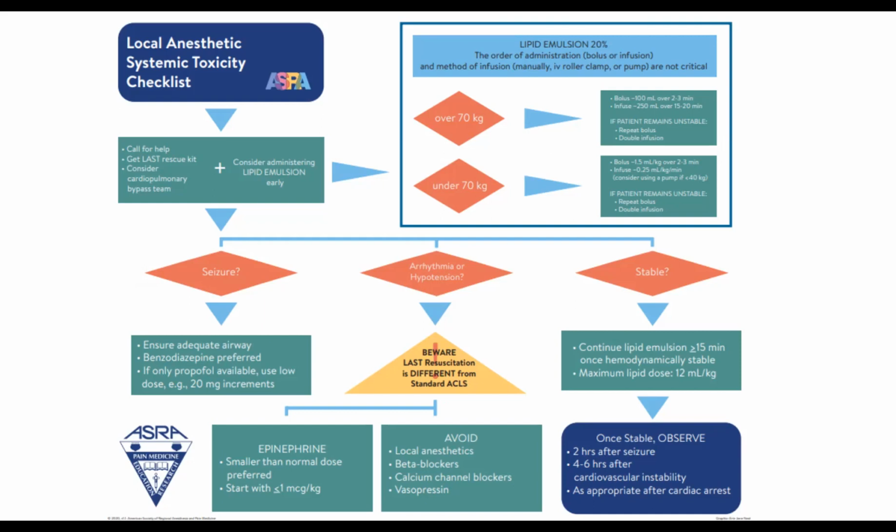Rarely, hopefully this doesn't degenerate into an arrest scenario. It can, but then you would do ACLS at that point. I think important to note is that you just want to avoid, obviously, more local anesthetics, beta blockers, calcium channel blockers, things that slow heart rate down. If they're in that hypertensive period, you might think, oh, they need some labetalol, or we need some hydralazine or something. And most likely that's not the treatment if we're suspecting high doses of local anesthetic.